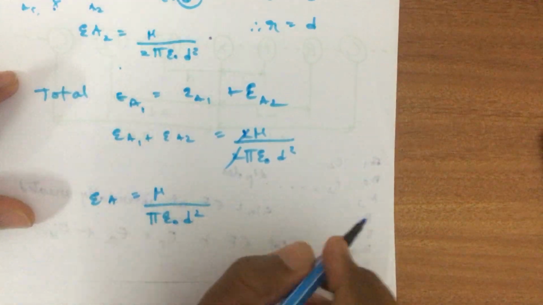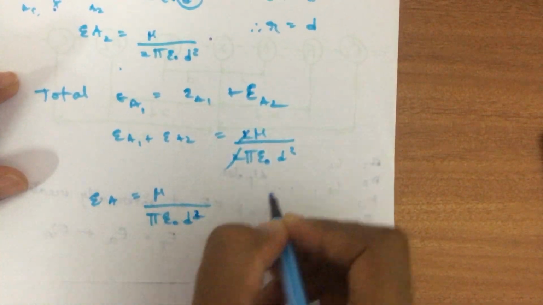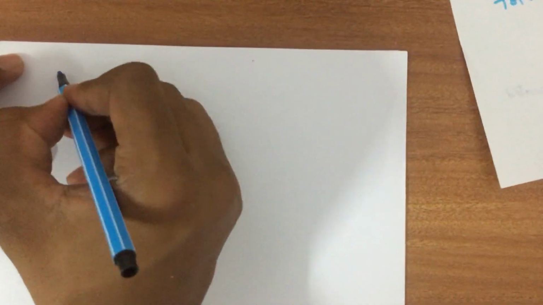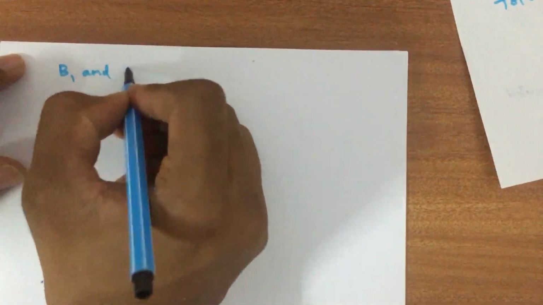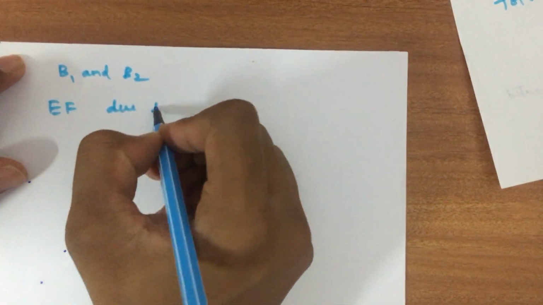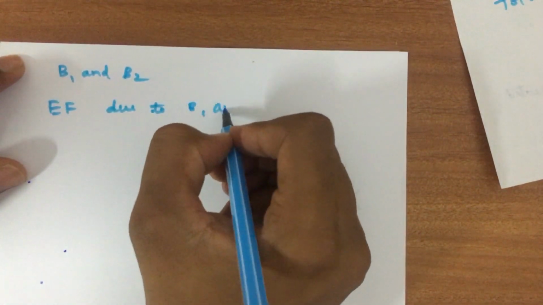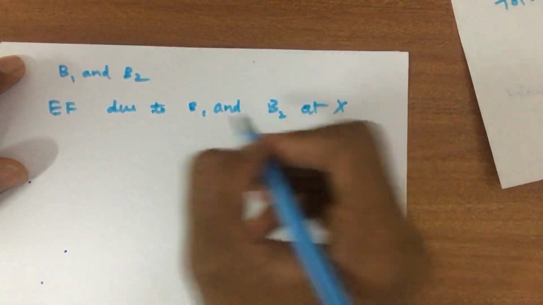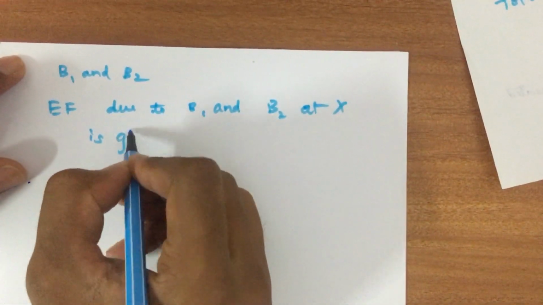epsilon naught d cube. Sorry, it's d cube. Okay, so similarly now let's find out for the atom B1 and B2. Okay, let's find out for atom B1 and B2. So electric field due to B1 and B2 at X is given by,